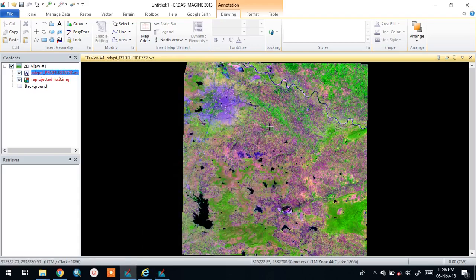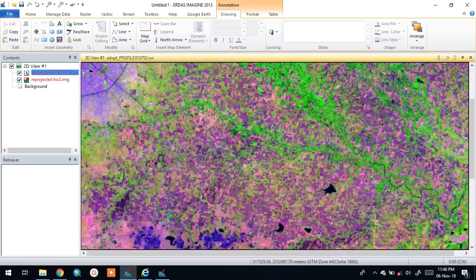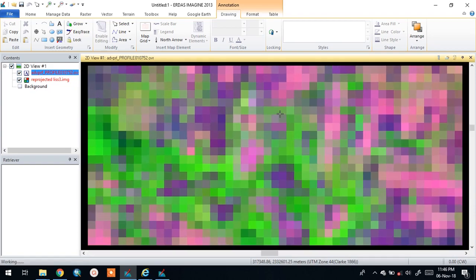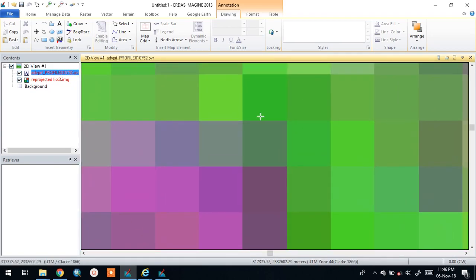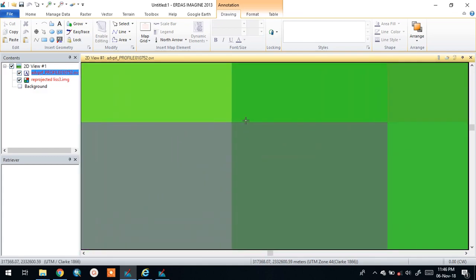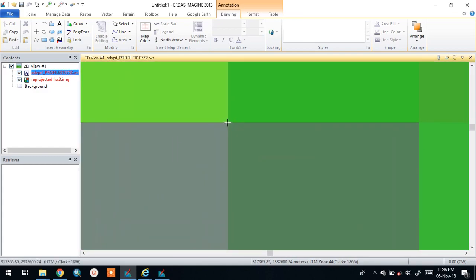Minimize this window and zoom to any pixel until you can observe it clearly. Click on one end and double click at the other end.